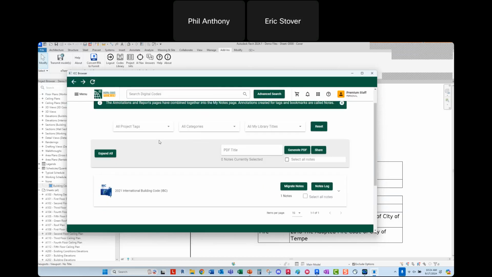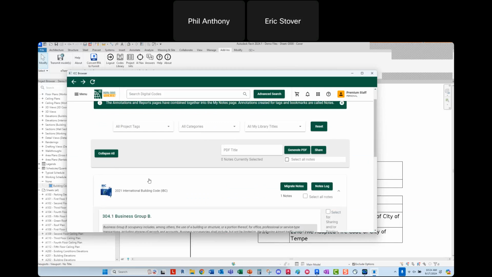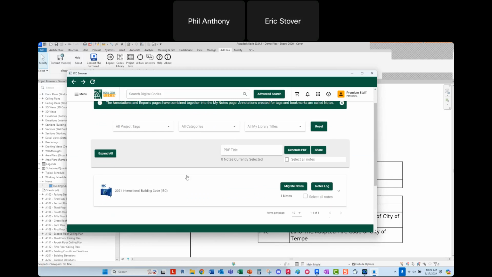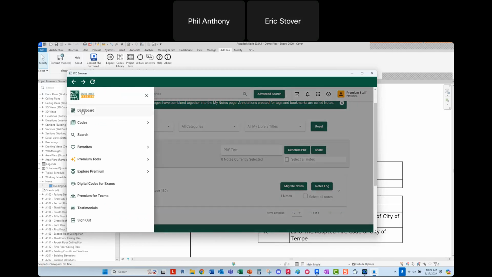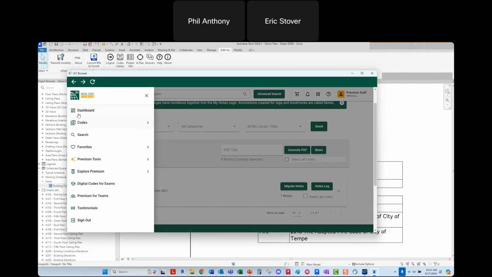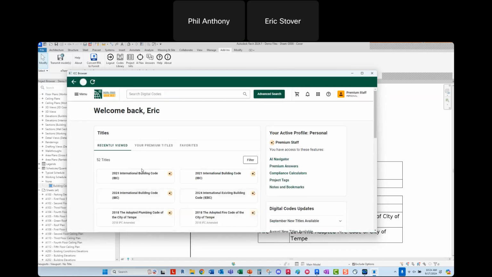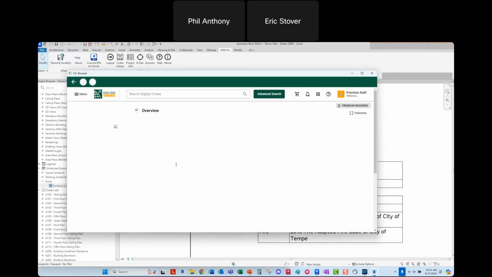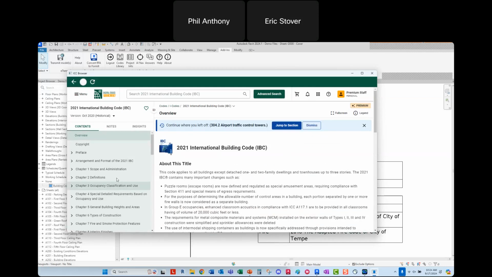All right, so let's go back to the 2021 IBC. All right, I have to go back to my favorites. Oops. Let me use the dashboard instead. Click on this. And in terms of